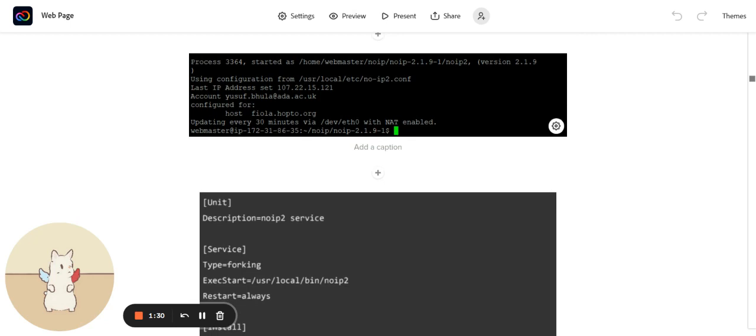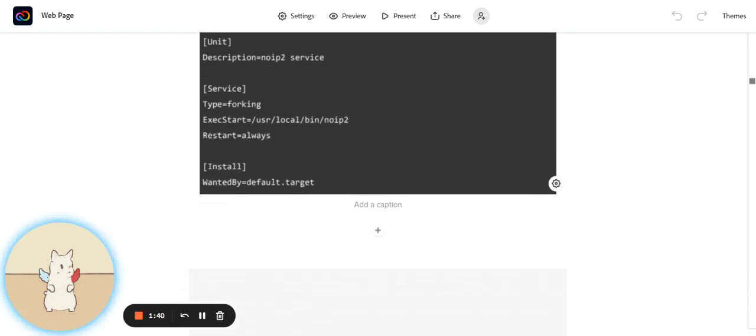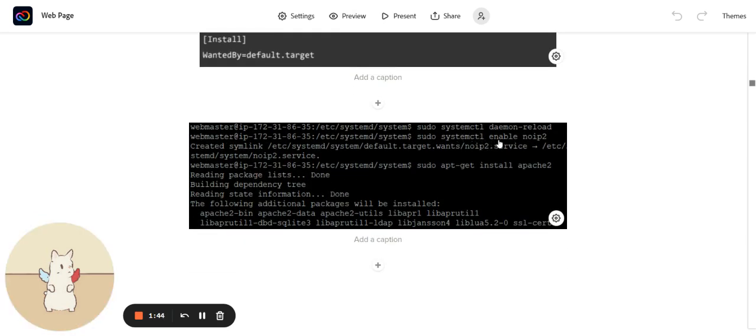Once it had done this, I then had to check that everything was running correctly, which, as you can see in this screenshot, it was. I then had to restart the service using systemctl reload, and then enable the no IP so that it would begin running the service and connect to the DNS server